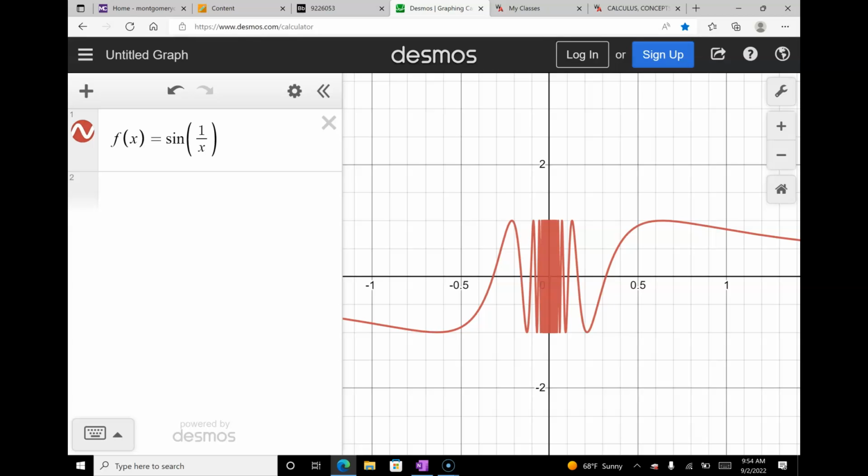You can't even tell that it's actually looking like this, but it's so pushed together. So it's so dense, and I guess we would say 0, because you can see that it's constantly going back and forth to 0,